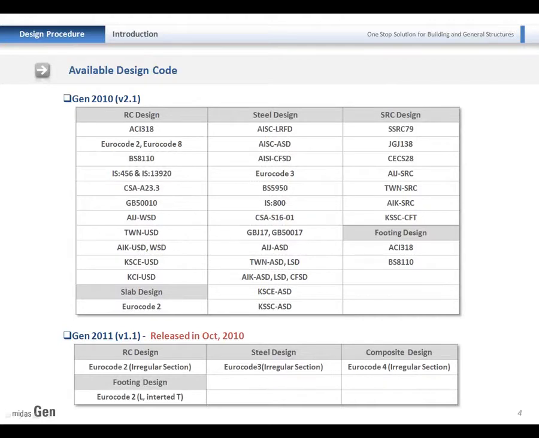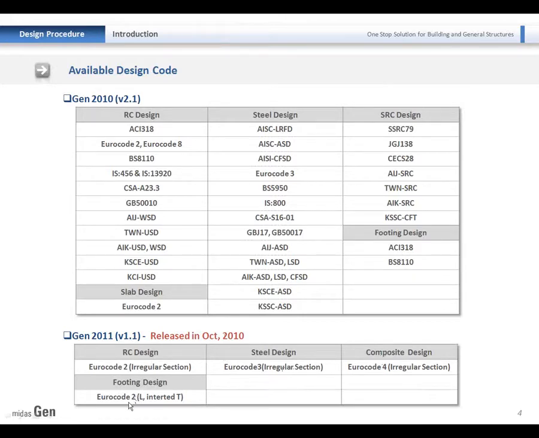This table shows the available design codes in the current Gen. You can see for the RC, steel, and SRC structure, American, European, BS, IS, the Indian and Canadian, China, Japanese, and many international building codes are implemented. Also, for the irregular sections, we are under development for RC, steel, and composite section, which will be released in October of this year.